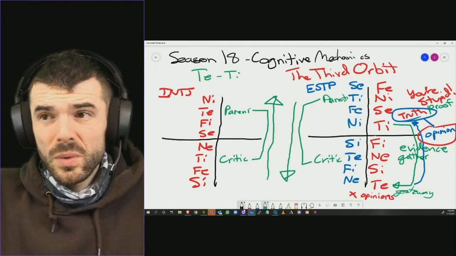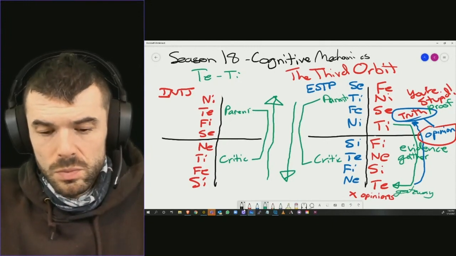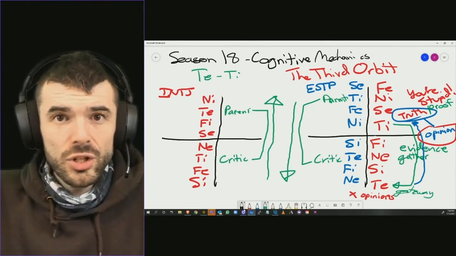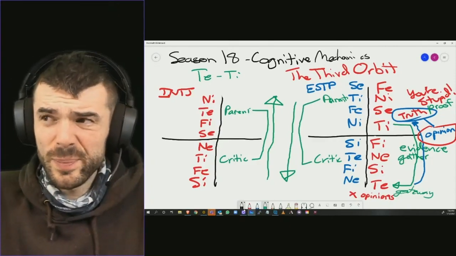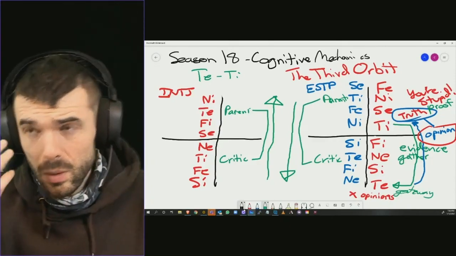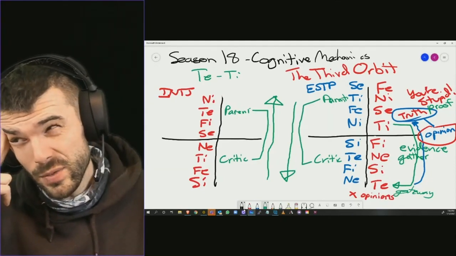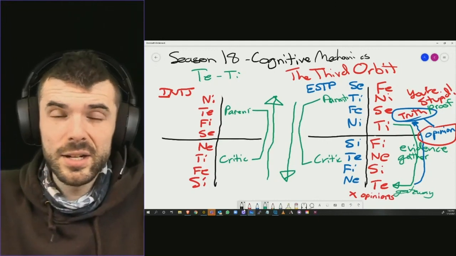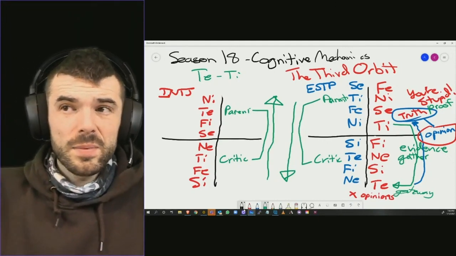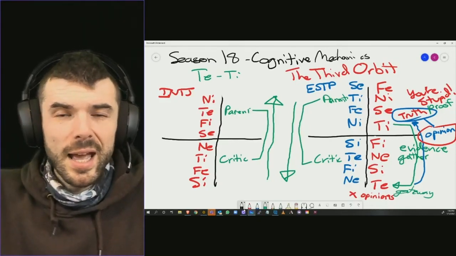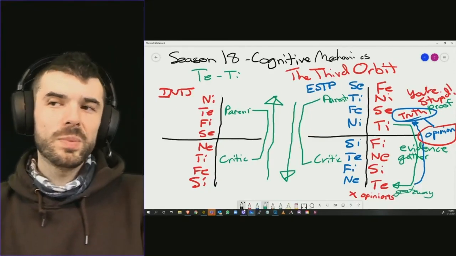So cognitive orbit, you have to be aware that there are some limitations as a result. Well, I don't know if it's limitations, but when you're looking at other types, other than ENFJs, if you were to take an INTJ and whatnot, their orbit is like this: I gotta know the truth, I gotta know the truth, I gotta know the truth. That critic is demanding the truth because the